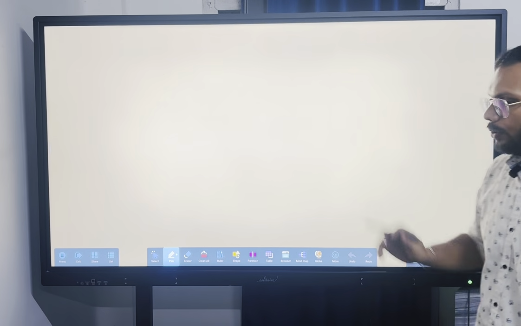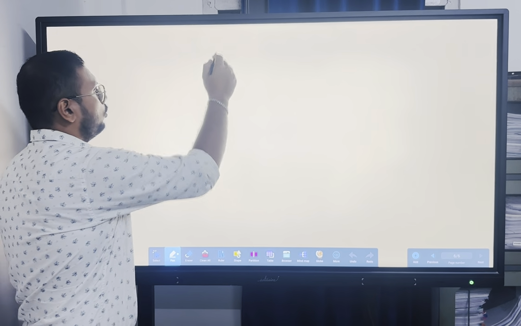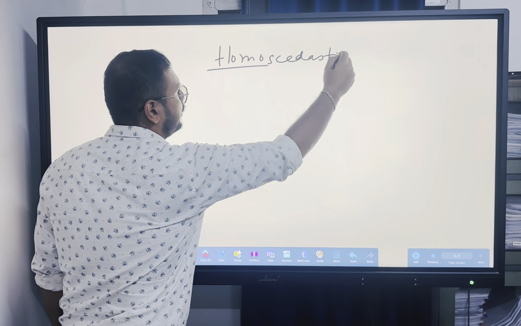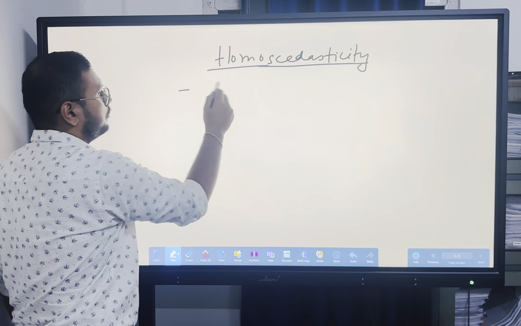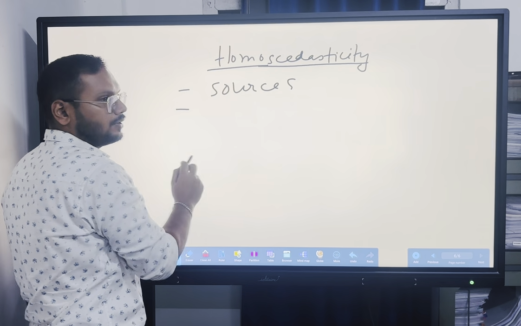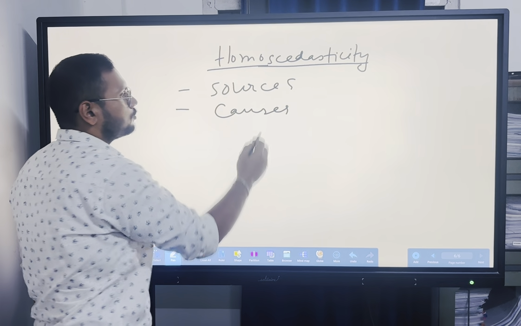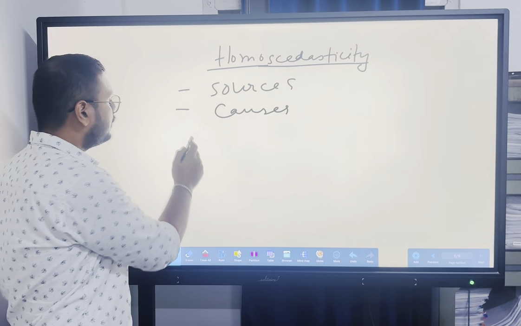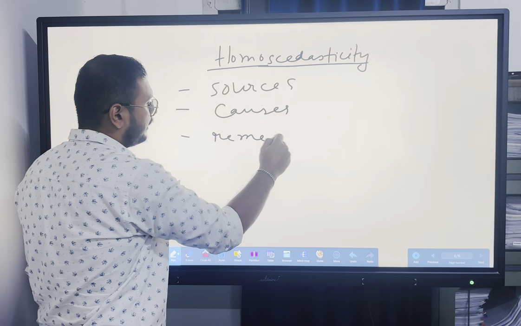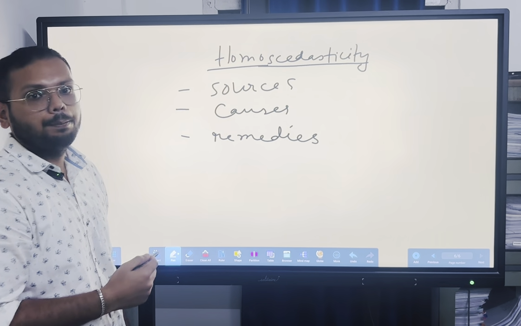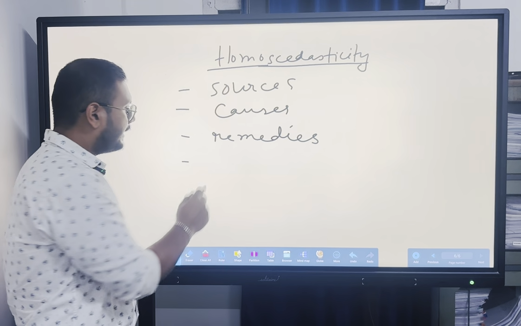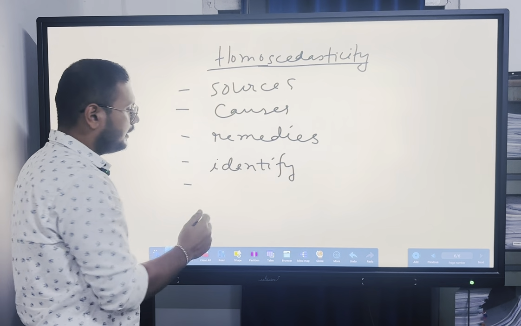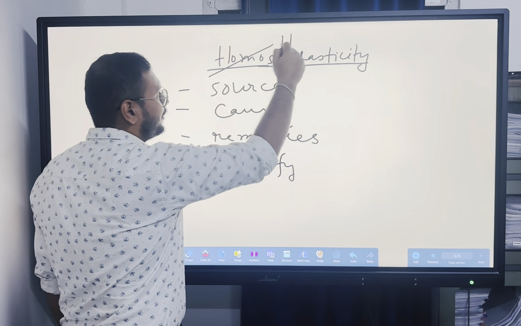ঠিক আছে? মই আকৌ এবাৰ লিখি দিছো যে তোমালোকক লাগিব homoscedasticity and for that matter multicollinearity আৰু serial correlation, এই গোটেই কেইটাৰে তোমালোকে চাব লাগিব sources, then চাব লাগিব causes. sources মানে কেনেকুৱা ধৰণৰ source ৰ পৰা হ'ব পাৰে, causes মানে কেনেকৈ হ'ব পাৰে, then remedies, যে আমি কেনেকৈ correction কৰিব পাৰো, then কেনেকৈ আমি identify কৰিব পাৰো, and finally এই প্ৰবলেমটো দেখা দিলে আমি ইয়াক actually homoscedasticity নহয়, আমি heteroscedasticity বুলি ক'ব লাগিব,